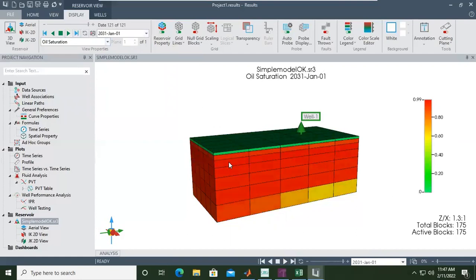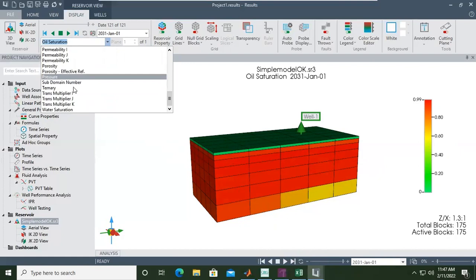So we still have quite high saturation here, but here the saturation is smaller, and also at the top, because I think it will be dominated by gas at the top of our layer. So that's why the oil saturation will be smaller, but we still have high saturation at the end of the simulation. If we extend the simulation, of course, the saturation will be lower.